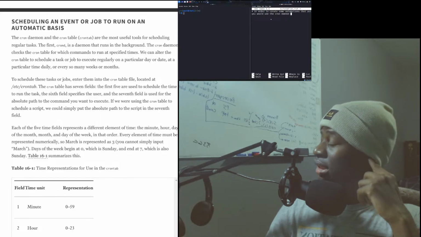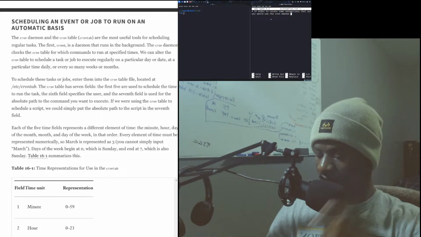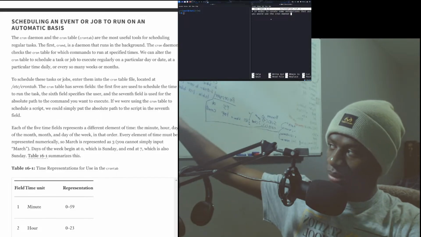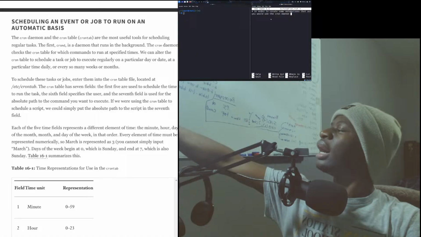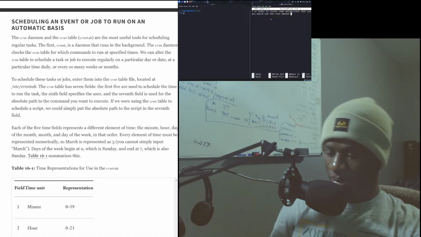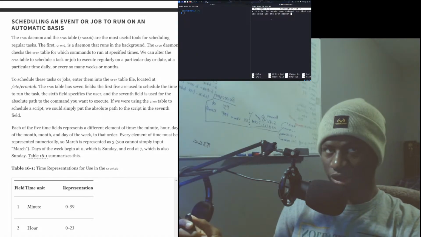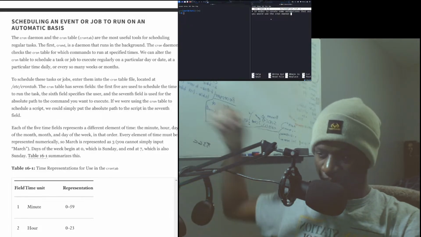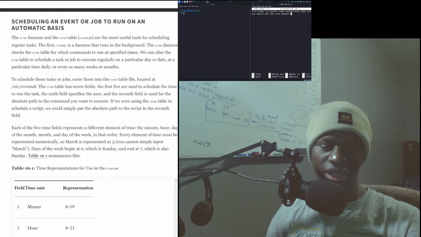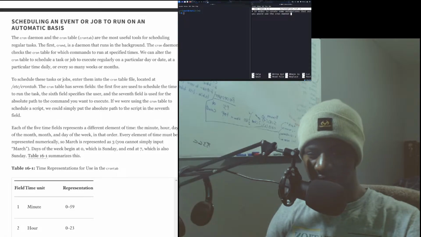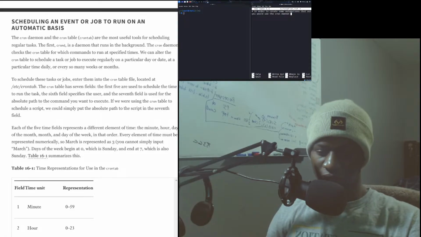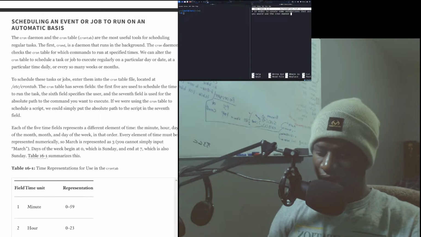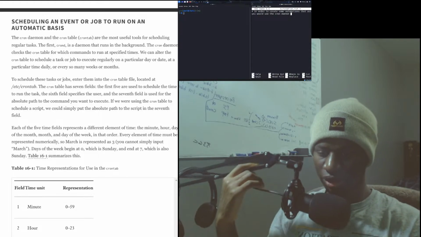Well, I'm probably supposed to know this, but at the moment I do not know what a daemon is, so I'm probably going to look it up and understand a little bit more.